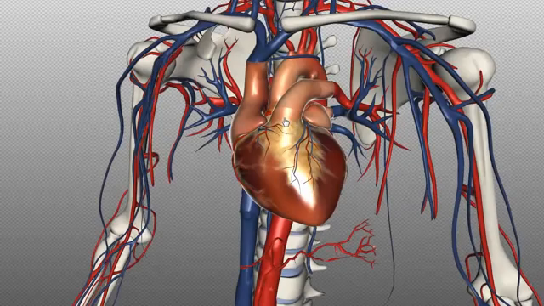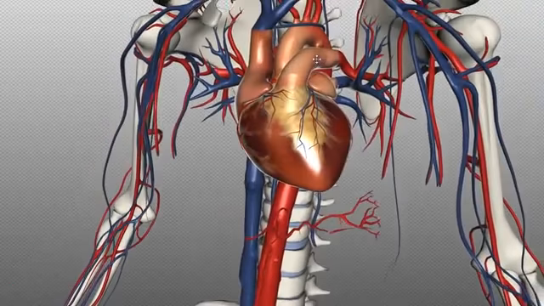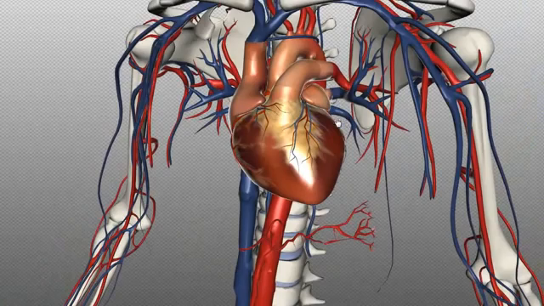The bit between the heart and this arch is called the ascending aorta. You've got this ascending portion, and then you've got this arch shape, so this is the arch of the aorta, and then you've got the descending aorta, the section from the arch of the aorta to the point where it divides into the common iliac arteries, down here. So that's the descending aorta. And then you can divide it into the thoracic and abdominal aorta. The thoracic aorta is the section of the aorta which is above the diaphragm,